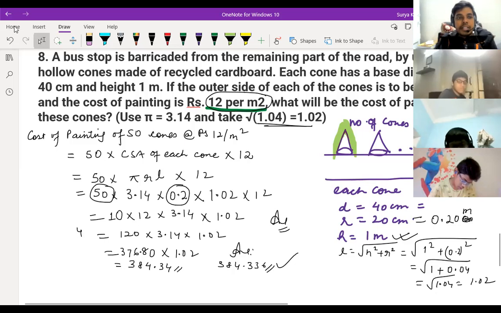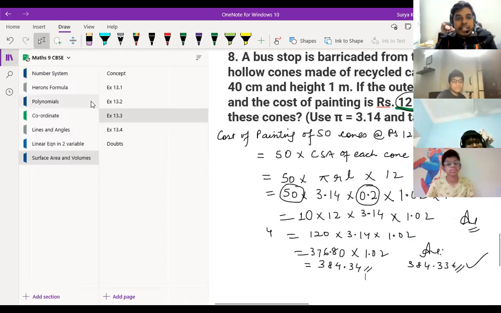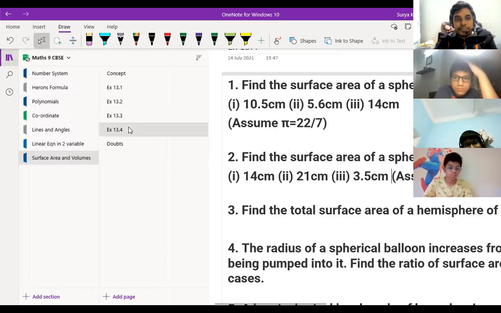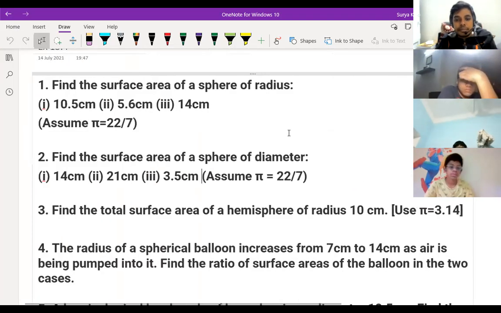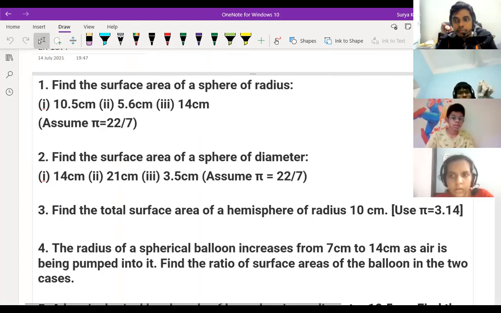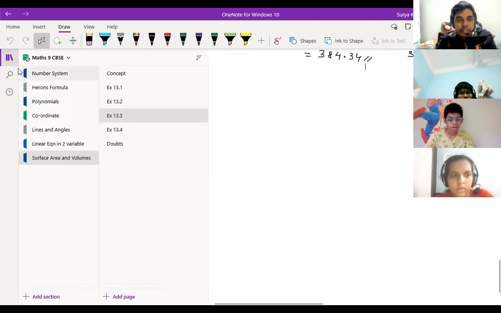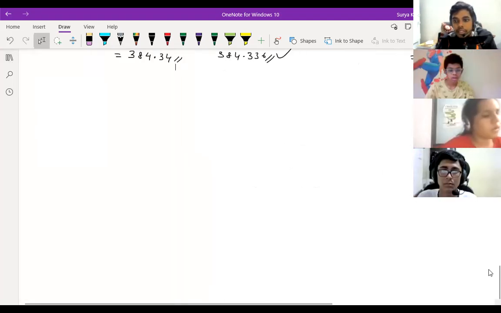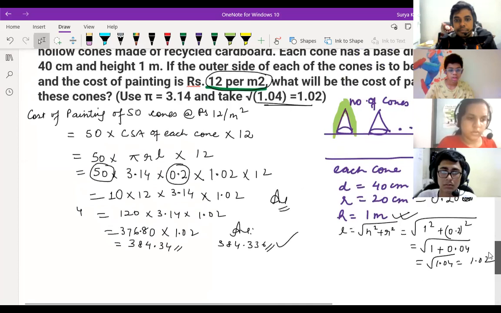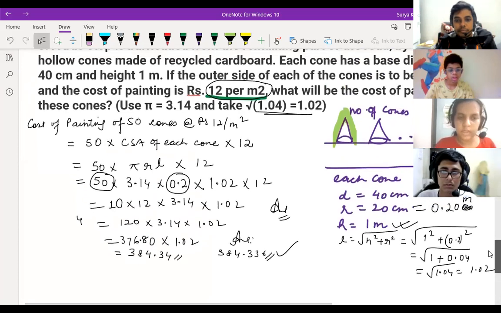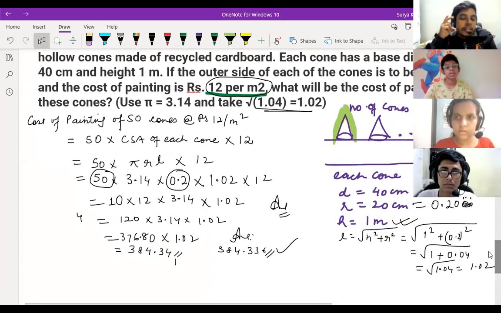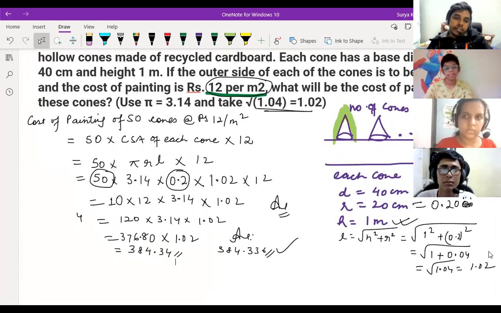So we are moving to the last exercise of it. The last exercise is 13.4. But we have till 13.8, right? Ashini, you are asking something? Don't we have till 13.8? Yes, sir. 13.8, yes. We are doing 13.4, it will take a long time, I think.